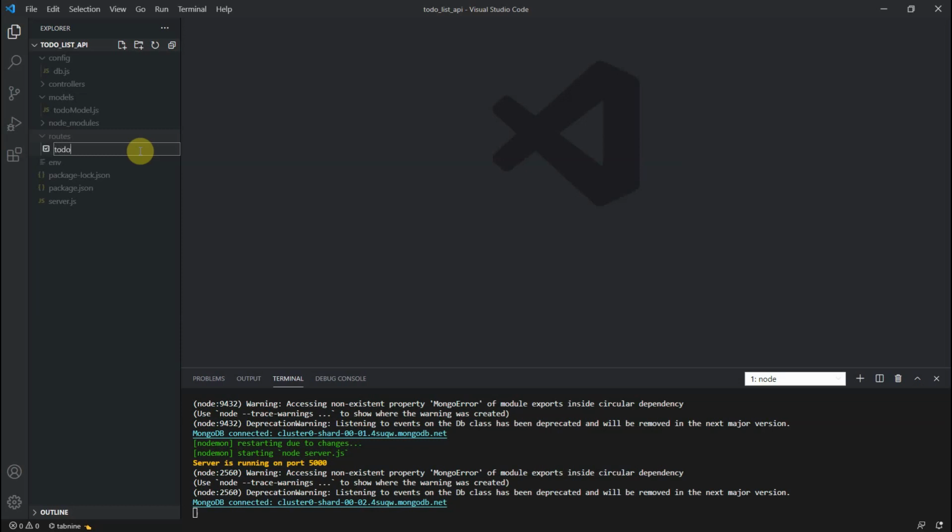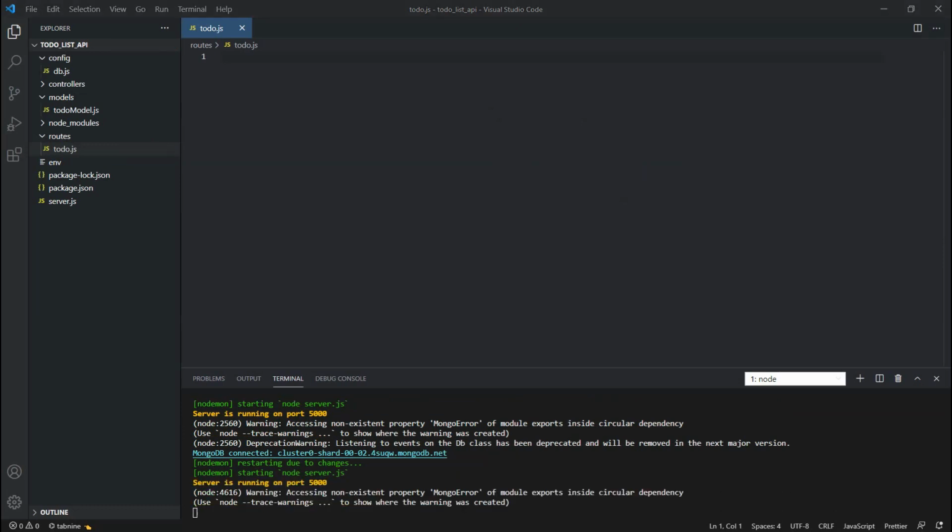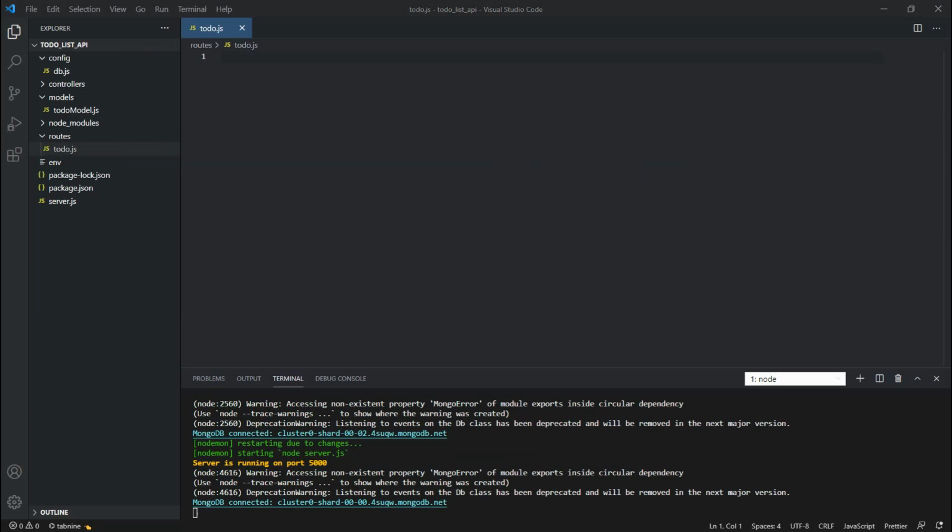So now it's todo.js. Okay, so this is a router, meaning in which route we will send our post data or get data, put data, like that.